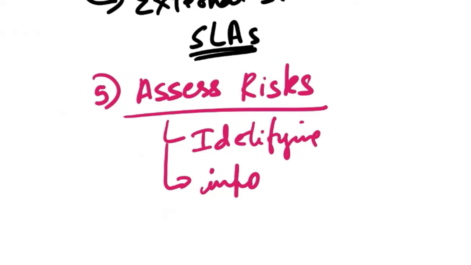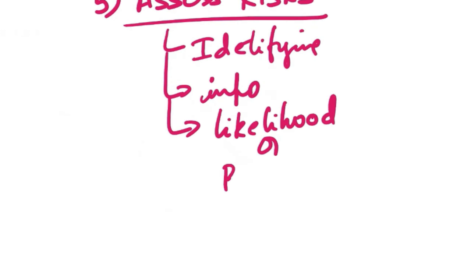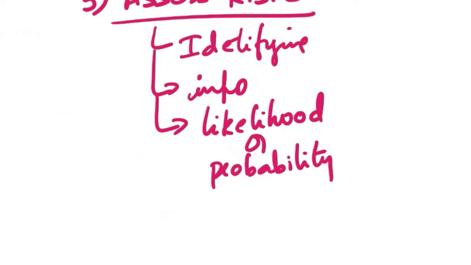Review historical data on security incidents, breaches, and vulnerabilities to identify recurring patterns and trends. Next is to evaluate the likelihood or probability of each identified risk occurring based on historical data, expert judgment, and industry benchmarks. Consider factors such as frequency of similar incidents, the effectiveness of existing controls, and changes in the threat